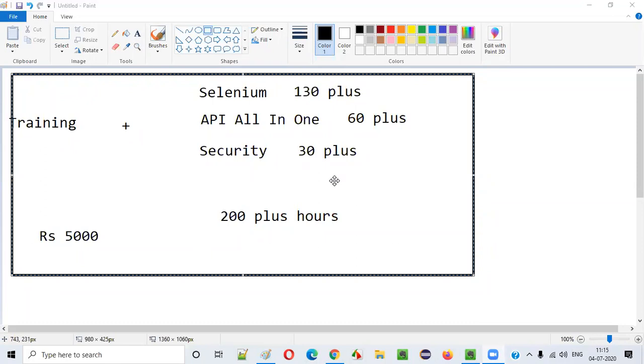No, no, no. API I'm not going to cover as part of these sessions at all. If there is something that I can cover as part of Selenium, I'll try to think about that. I'll make a note of that. Appium, I don't have anything related to Appium or API. I only have security API and Selenium video courses.